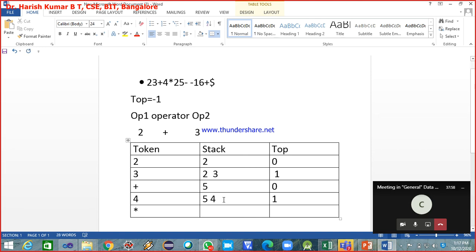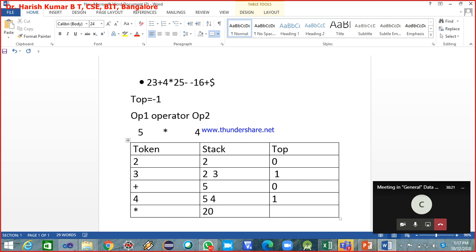So now you should go for popping 2 elements. So 4 will be popped and assigned to operand 2, and 5 will be popped and assigned to operand 1. And the operator now is into. So 5 into 4 is 20, which gets again pushed onto the stack.